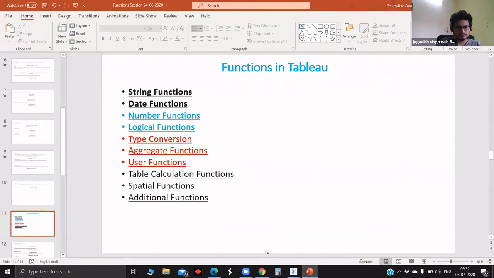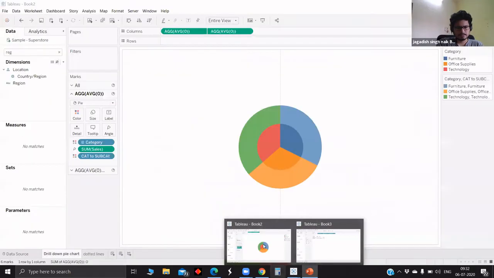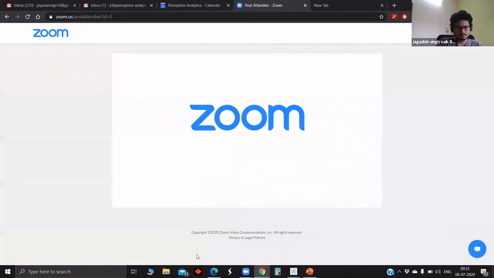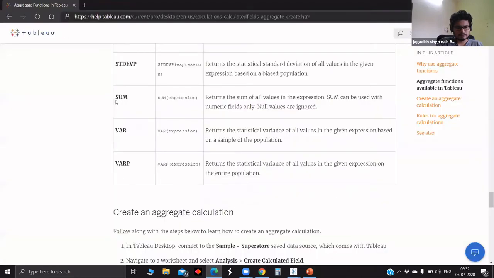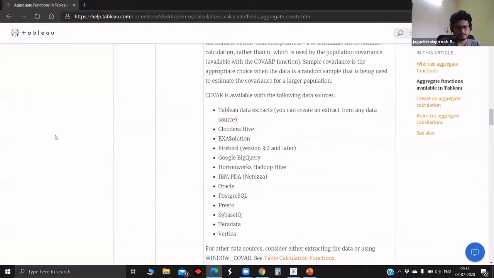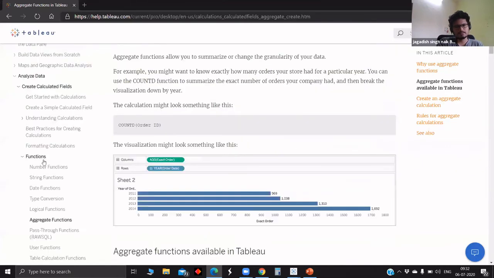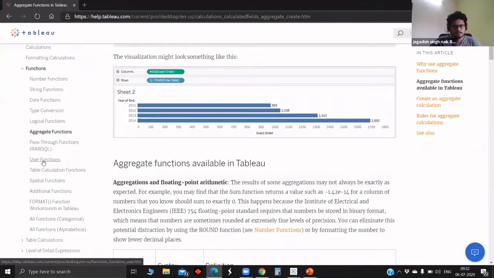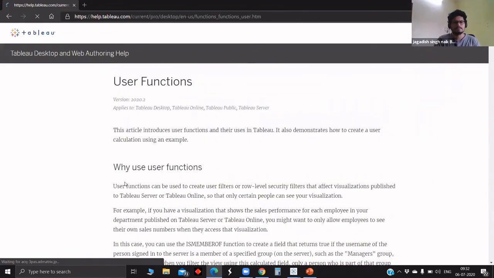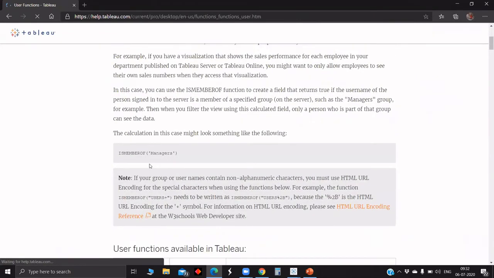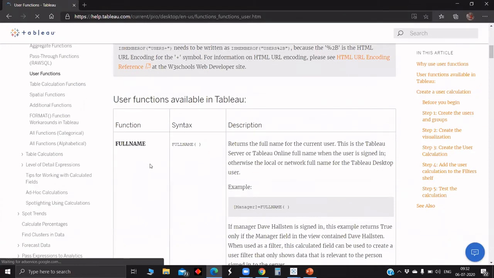Next we have user functions. Full name returns the current user, the person who is using Tableau. It's a user function, so it says more about the user and user details.